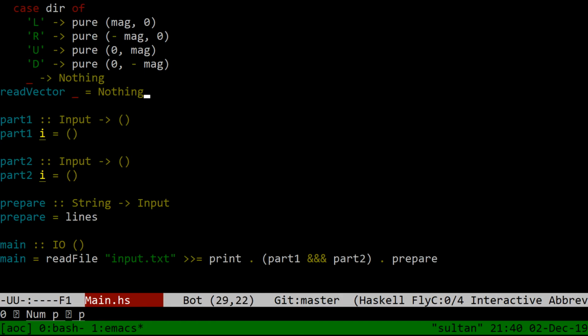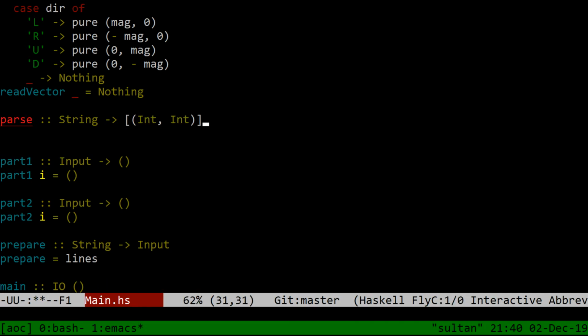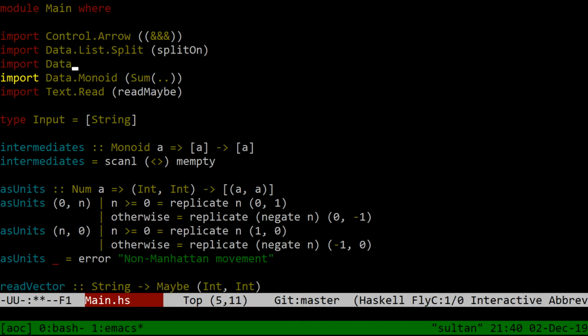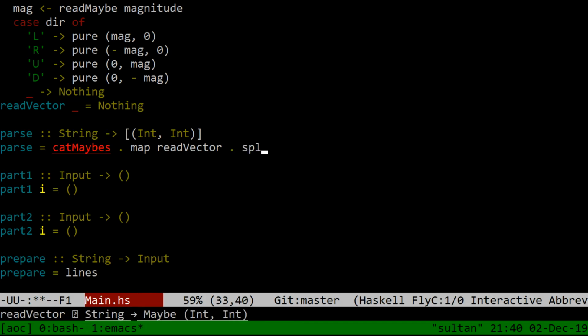So what I want is parse, a function from a string to a list of pairs of int and int. Maybe such a list? No, we'll just use catMaybes. It'll be great. We'll just silently drop all input that does not conform. I can't imagine anything bad could happen as a result of that. catMaybes composed with map read, composed with split on